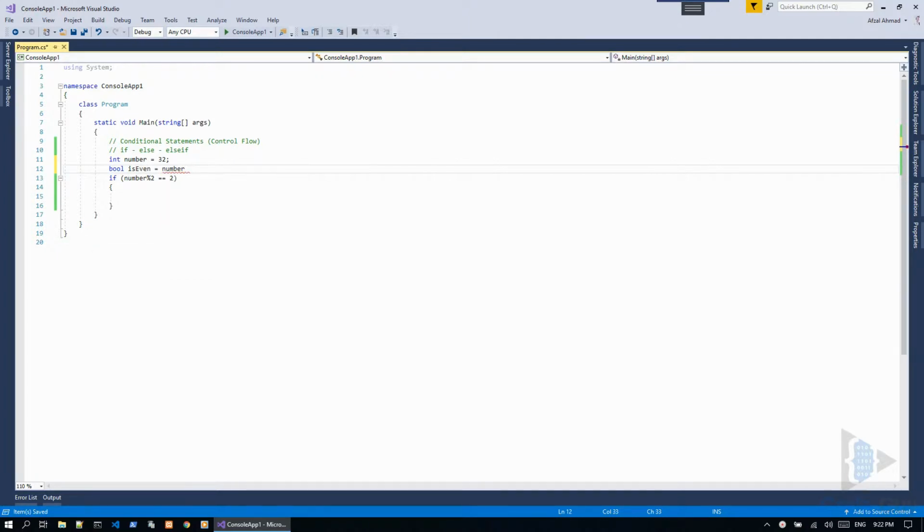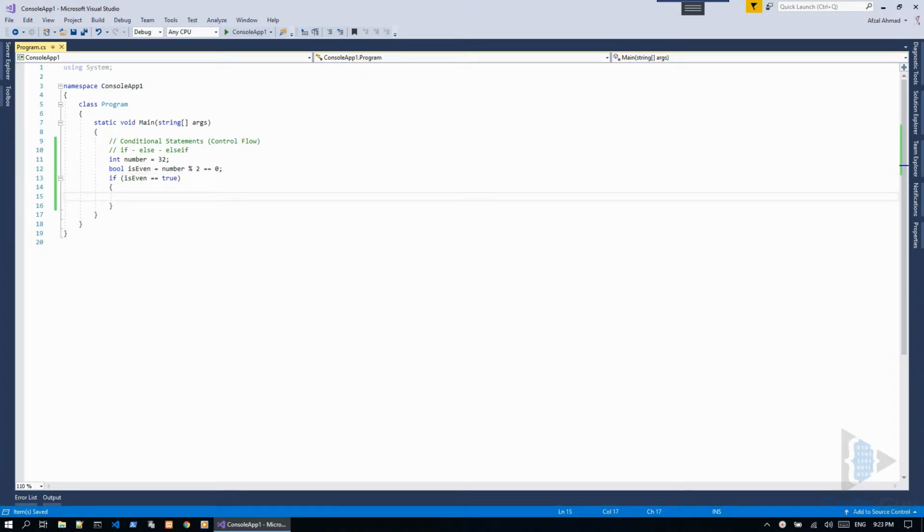When a number is even, literally, it's pretty simple. When the number divisible by 2 is equal to 0, then we say this number is even. So in this condition, I say if is even equal to true,